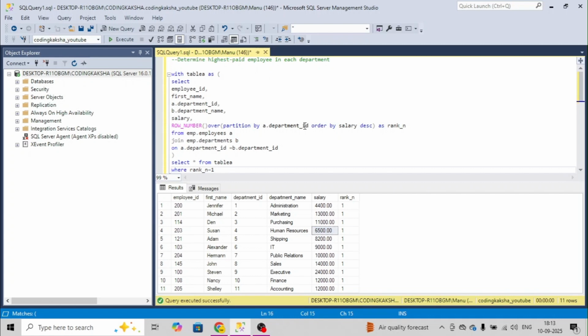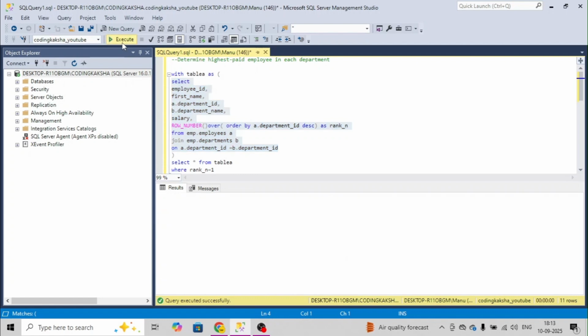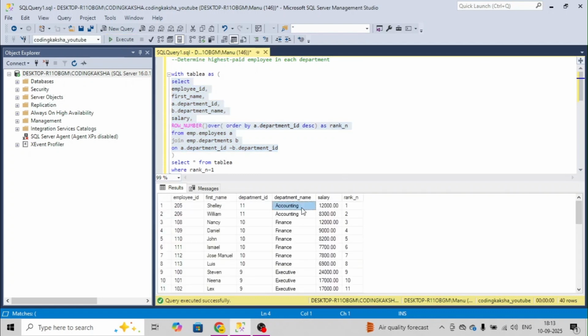Some people will say that if you don't partition it, it will also work. So let's check. If you don't use partition, and we sort on department, how will the data look? Instead of ordering on salary, we are ordering on department ID. So for accounting it gives 1, 2.